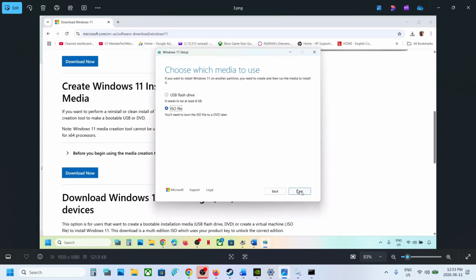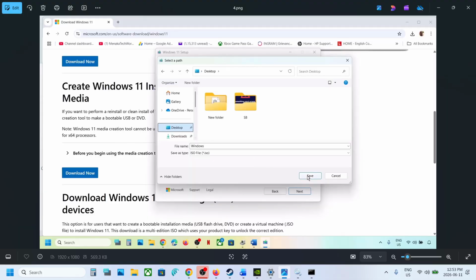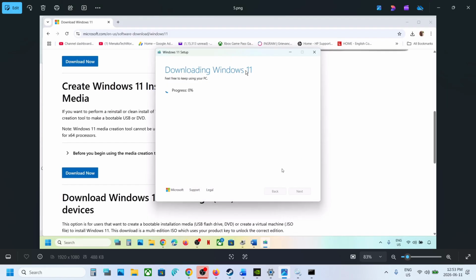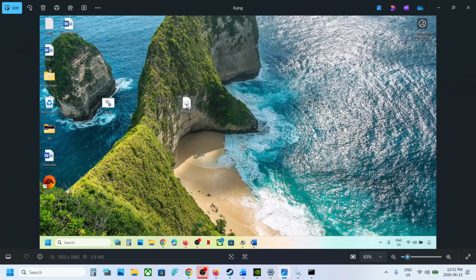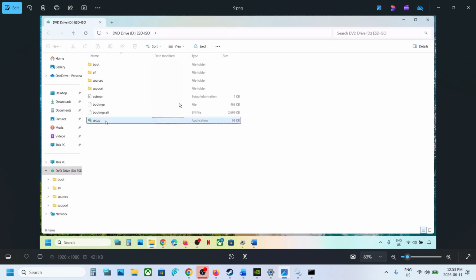Click on next, select ISO file over here and then click on next. You can save it to desktop, click on save. Let the download complete. This process will take some time. Once done, click on finish. Let this close automatically. Go to desktop, make a double click on Windows ISO file, make a double click on